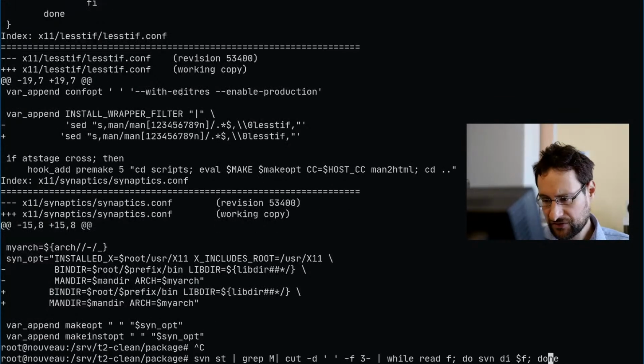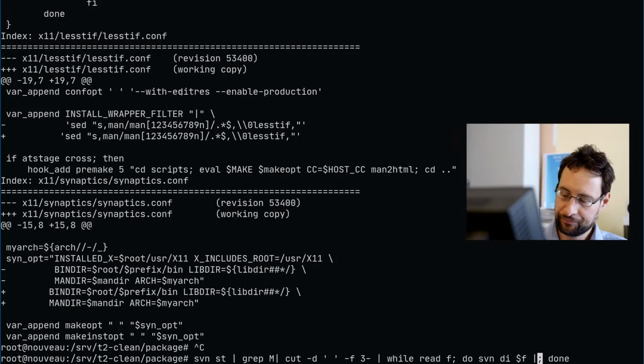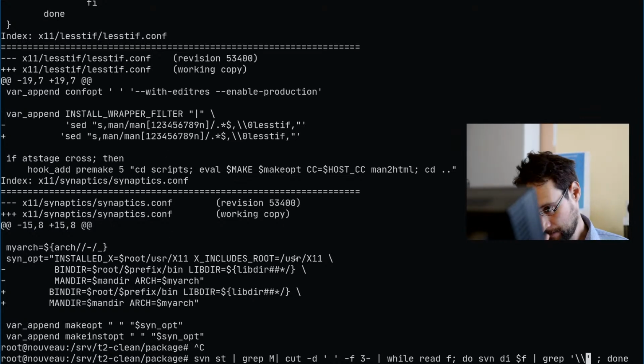So one thing I noticed, a lot of the stuff where we probably don't want to have the spaces is with some backslash escape there.